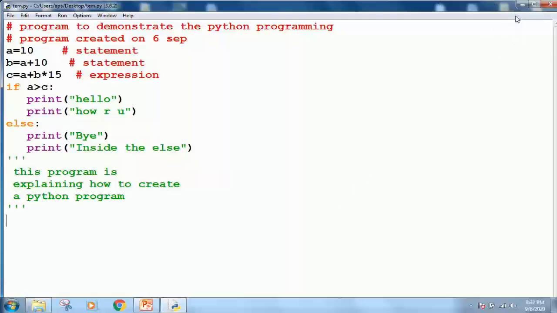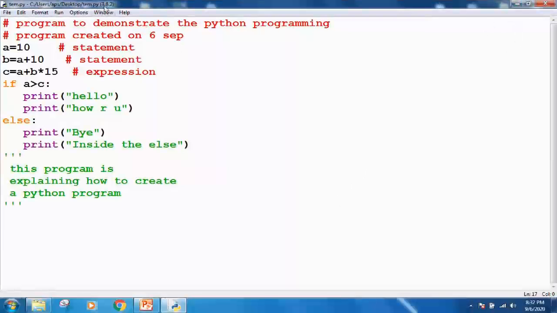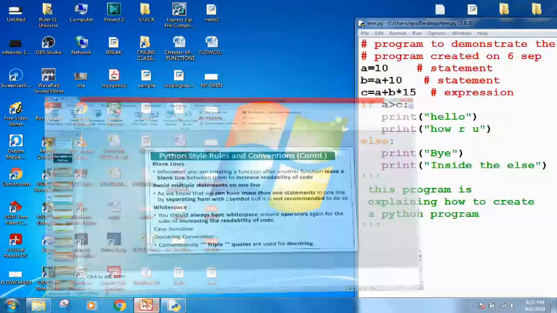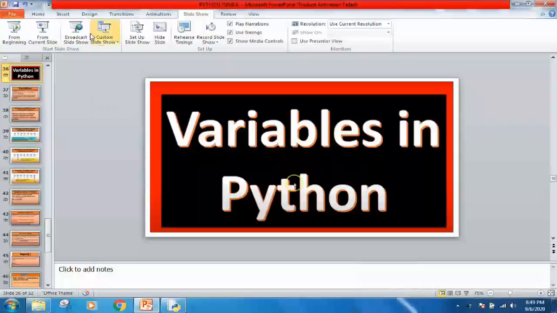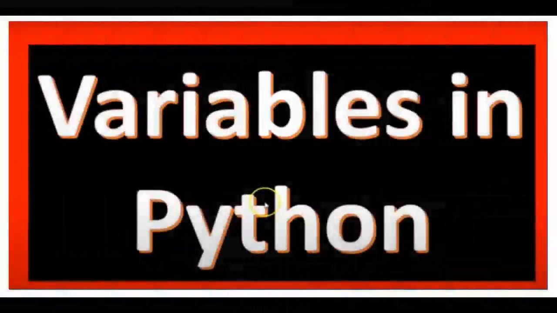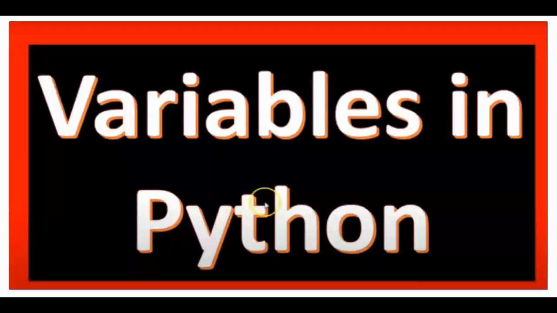Now let me go to where we can learn some more things about variables in Python programming. In the past, we created a program in which we took all the different parts of Python programming.